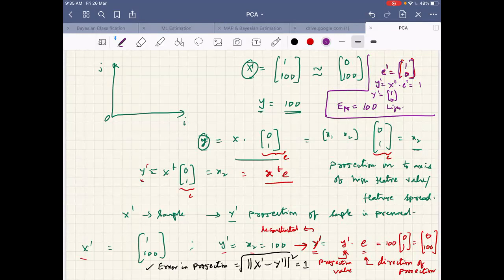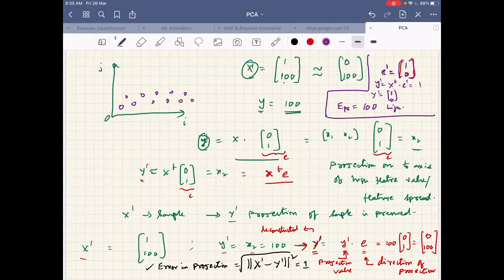So what does this indicate? This indicates that we have to consider the direction of projection where the feature values are high. When you consider only one sample, you say feature values are high. Now the question is, assume that I have several samples. At least let us have 2 samples, one sample like this. I keep plotting samples now, and to make our example simple, I will begin like this.